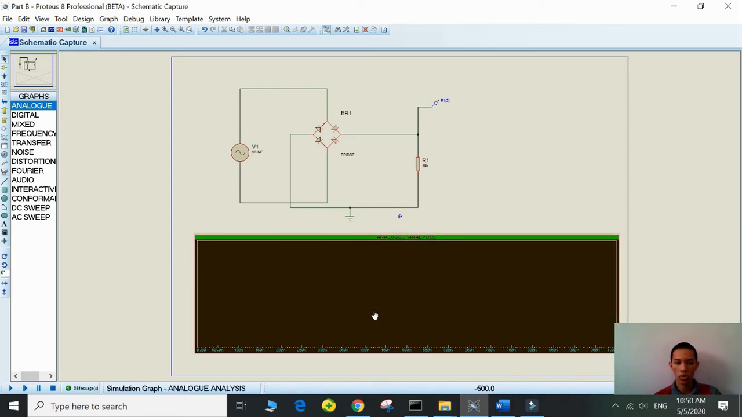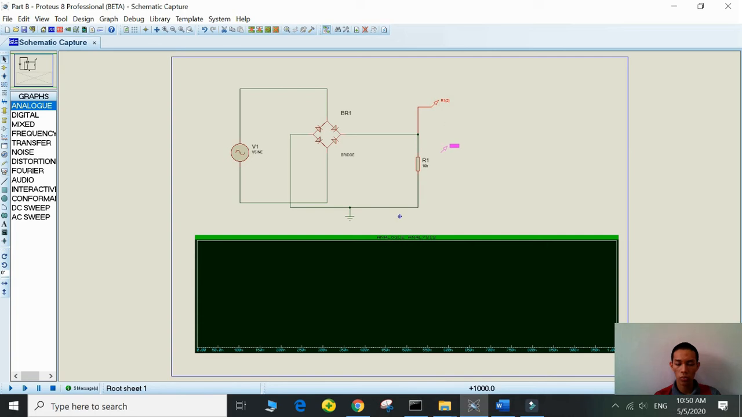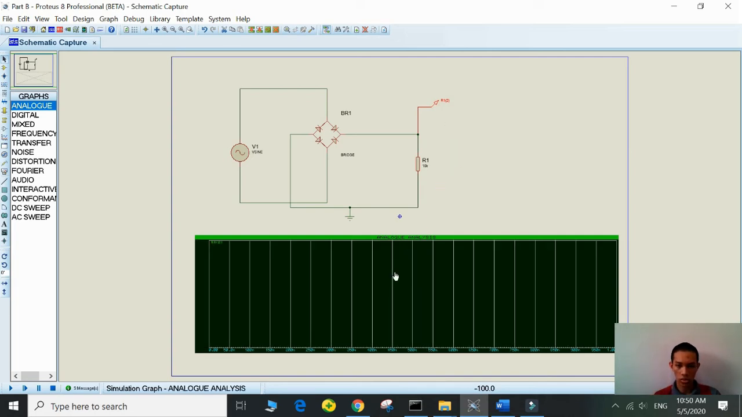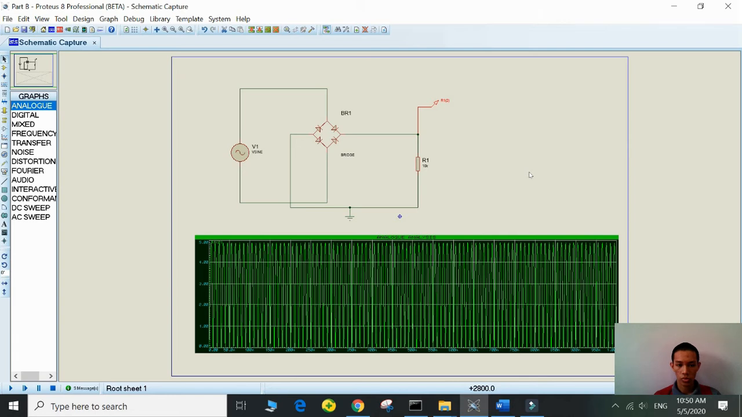So after you draw the analog analysis graph, you have to drag the voltage probe and put it in the analog analysis. So it will become like this. To display the graph, you just press the space bar. So you can see the graph, and then to make the graph better, you have to set the time